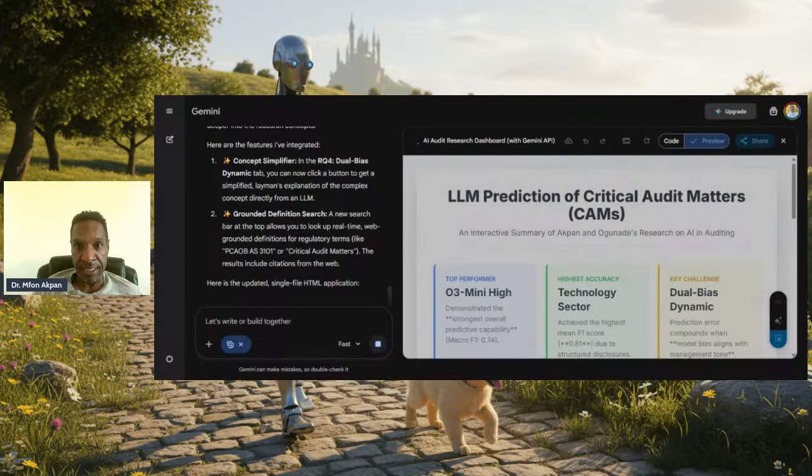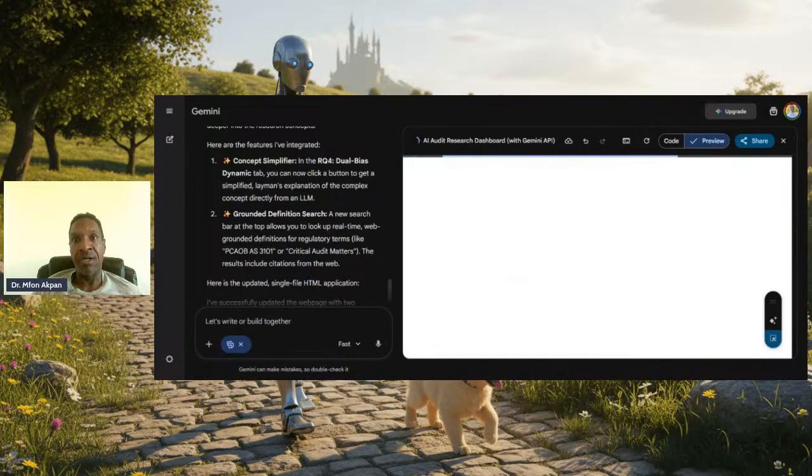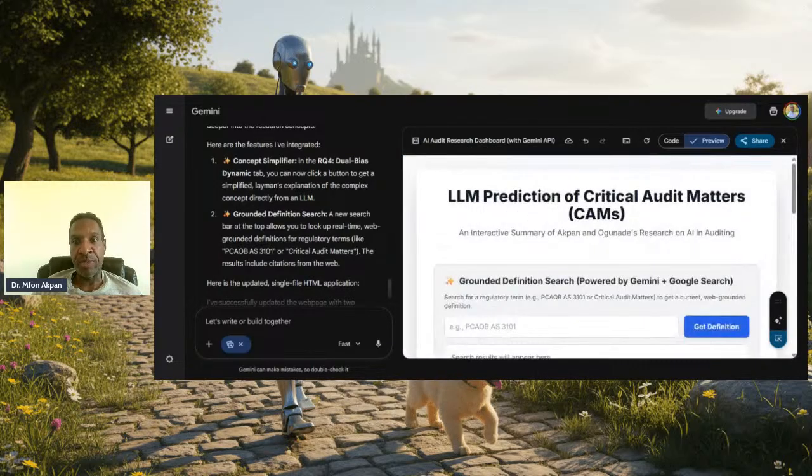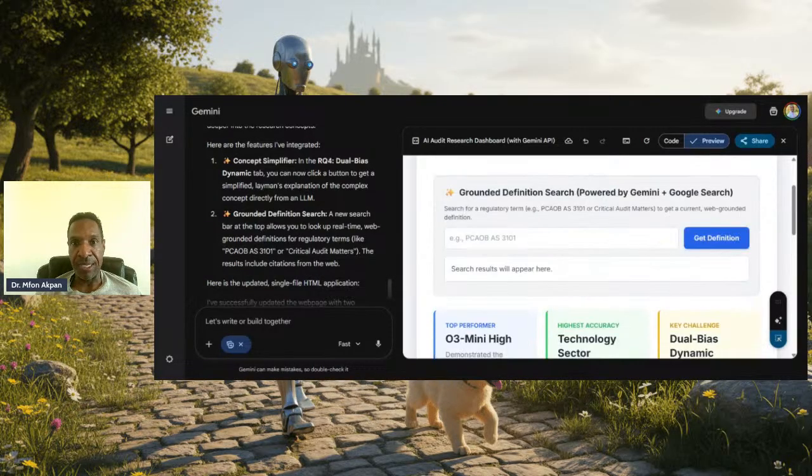I'm literally sitting here uploading a research paper, and in, I want to say, less than a minute, I've got a web page based on that research paper that I can share, I can edit, and I don't have to code. So, I mean, this is really,